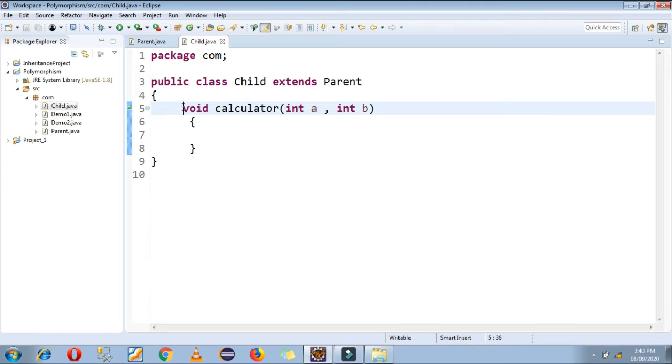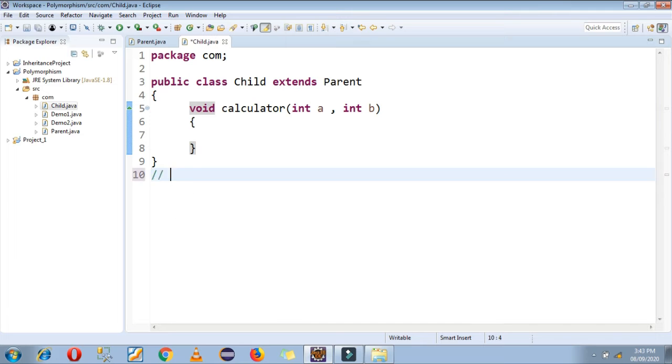Now, the aim of overriding is this: when a child wants to provide his own algorithm to a parent function, at that time we use method overriding. When the child wants to provide his own algorithm as per his requirement, we use method overriding.